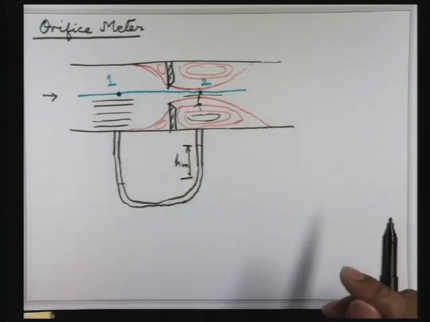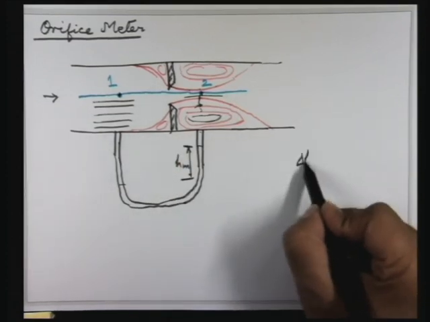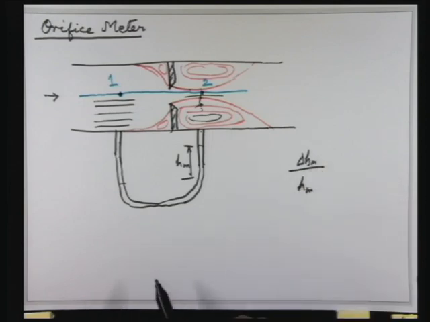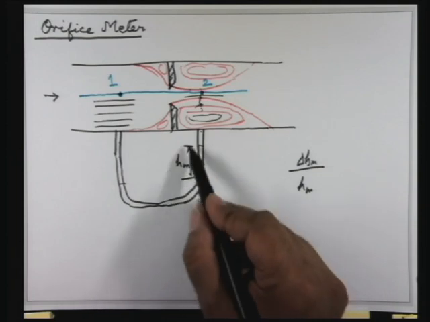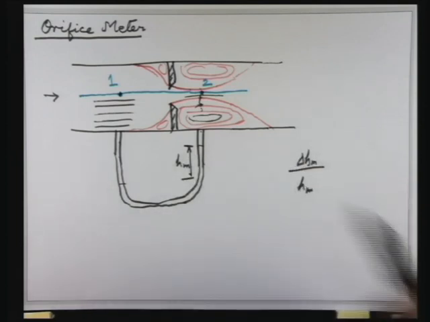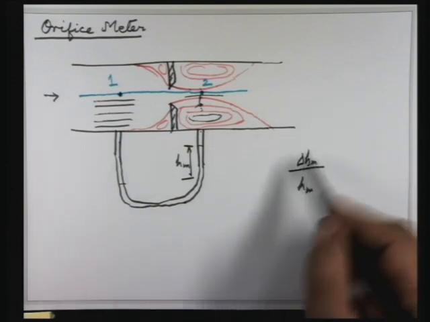So there is an uncertainty in this measurement which is, say, delta HM. Now, if it's a simple apparatus, this delta HM may be 1 millimeter if you put a linear scale in the lab. So if you look at the relative error in this measurement,